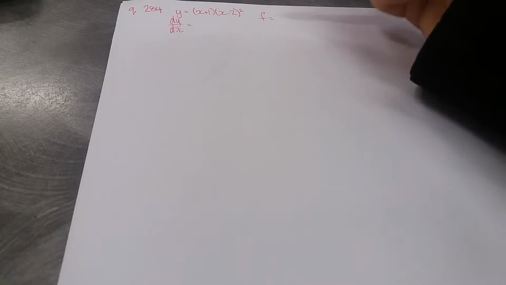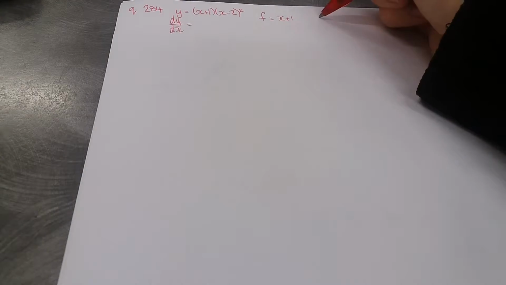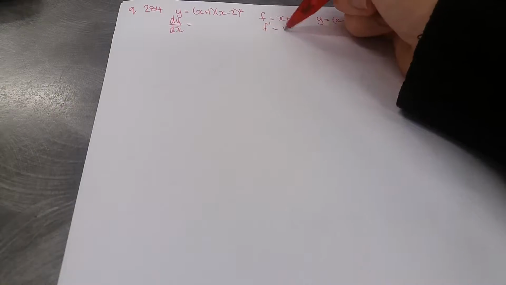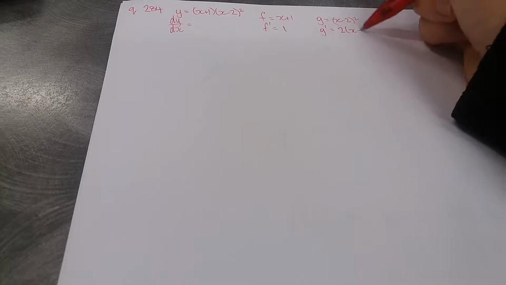New question 284. So our cubic function here is still factorised. There's two ways we can do it. We can either expand it first and then differentiate it, or we can just use our product rule to differentiate it. So if we use f equals x plus 1 and g equals x minus 2 squared, then f dash equals 1 and g dash equals 2 x minus 2,